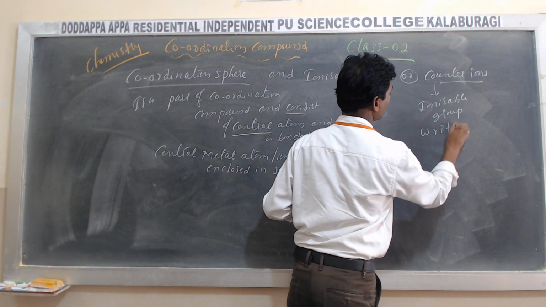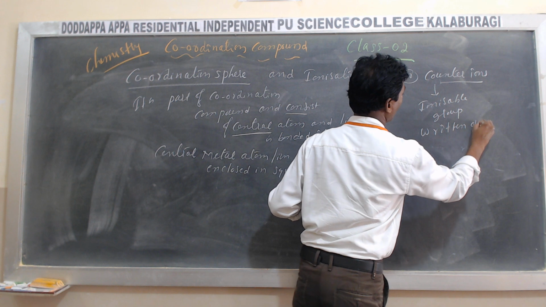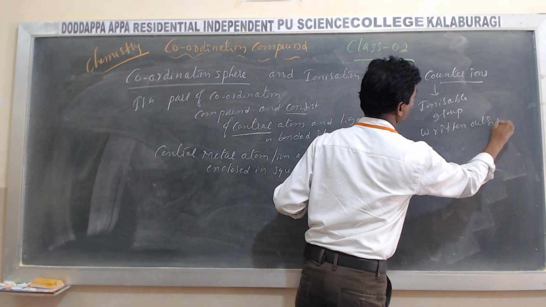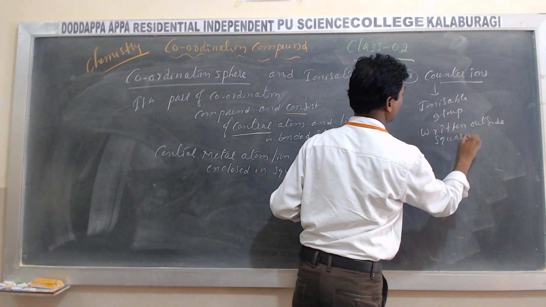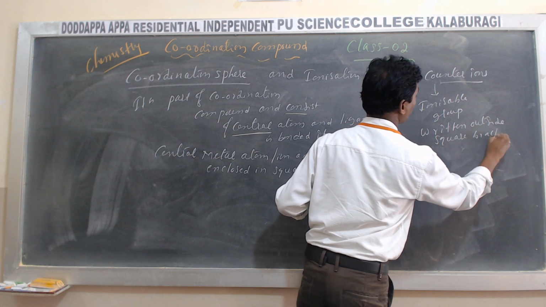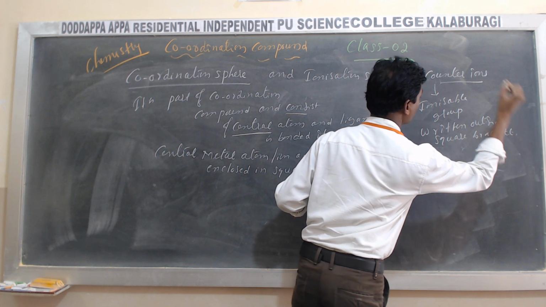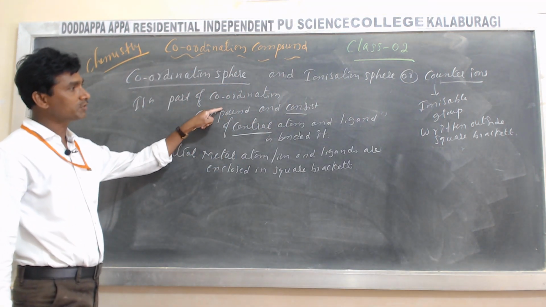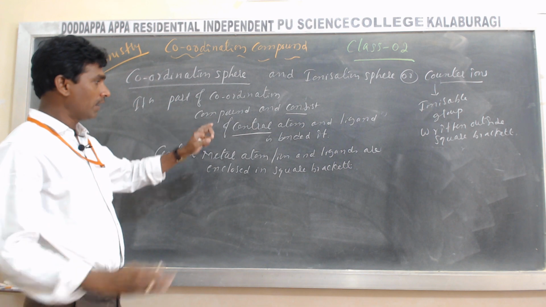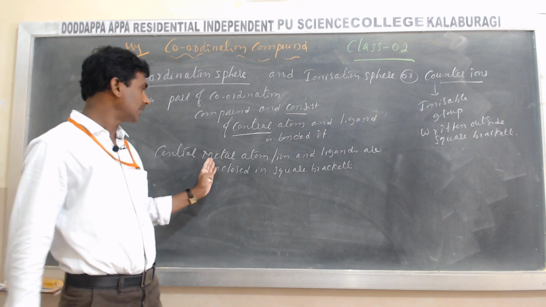Written outside the square bracket. So it is called what? Counter ions. Coordination sphere is a part of the coordination compound where the ligands and the central metal atom are